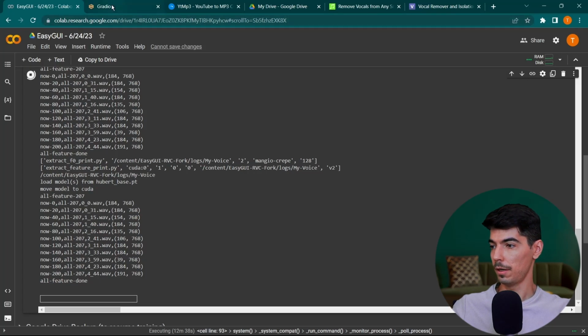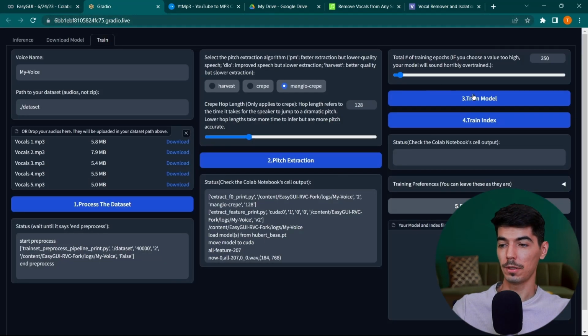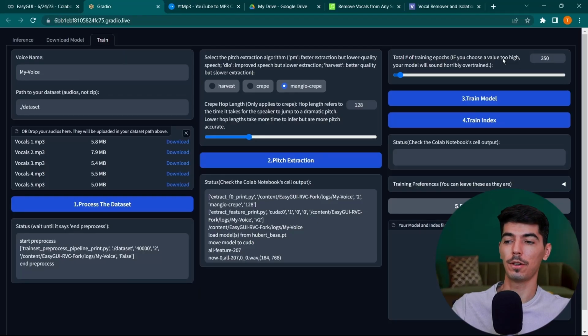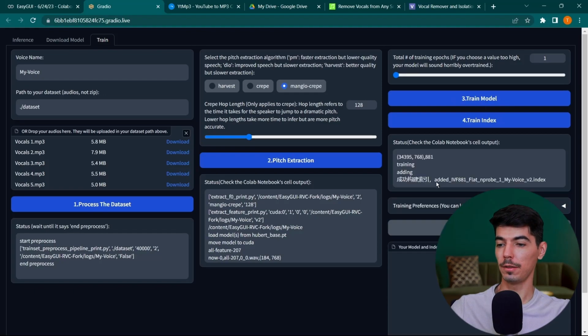We are going back in the RVC model and we move on to the third step. Here we have a number 250. This is the total number of trainings that our voice is gonna be trained on. So you can go higher, but I will not recommend you more than 1000 because it will take like maybe a couple of days. When you leave it with 250, it will take maybe 3-4 hours, and for this tutorial I will just use one just to see how it works, but leave it at 250 and then you go on train model. When you see this line with added index, you can move on to the next step